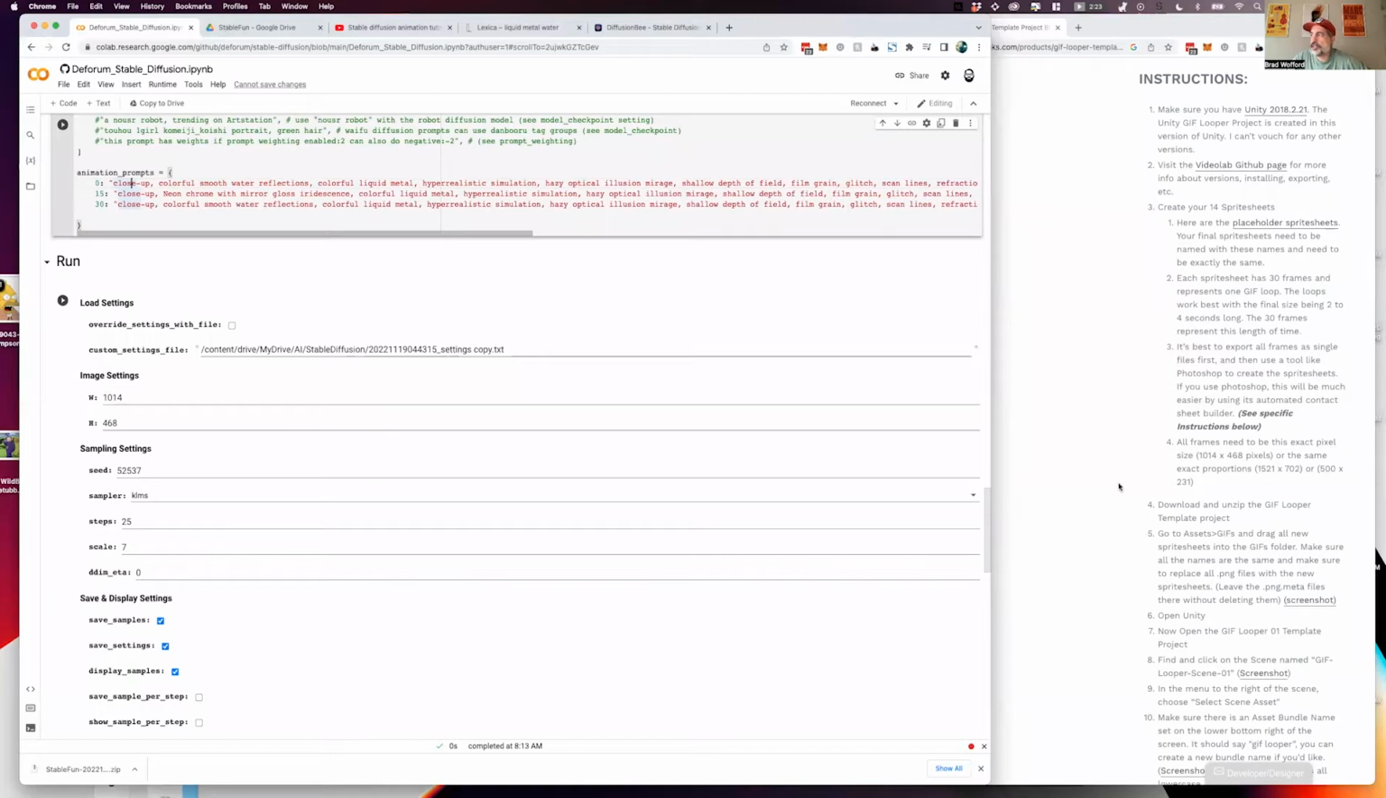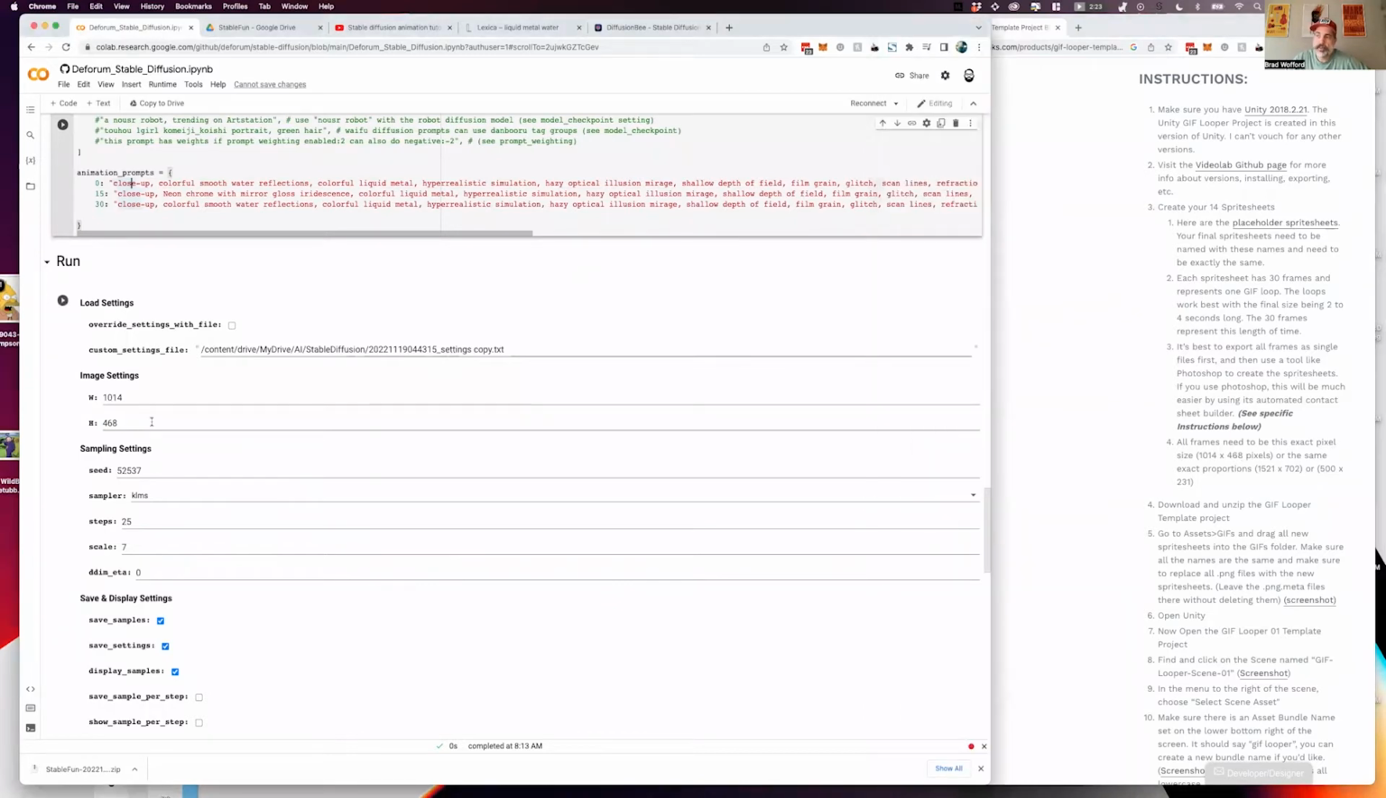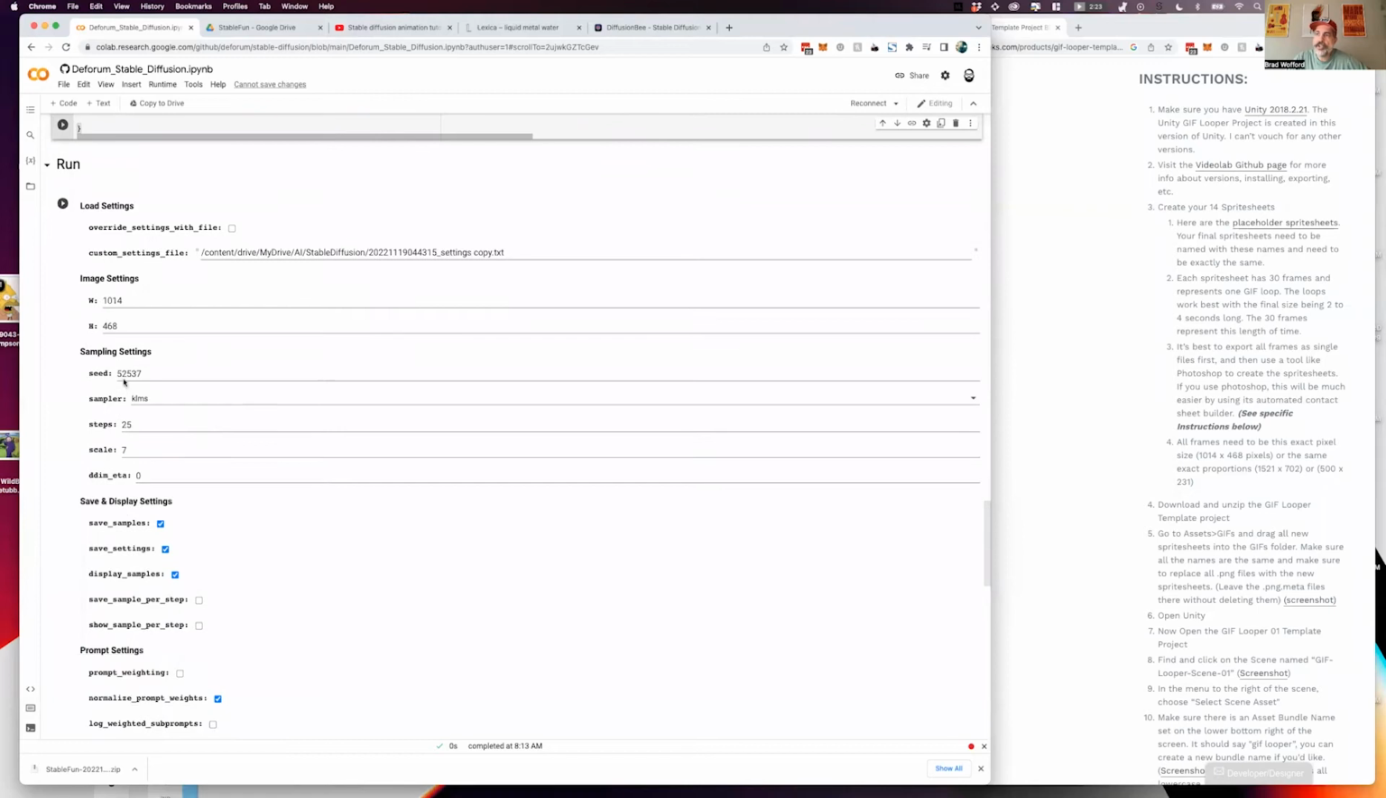Okay, so this is the image settings, and I'm pulling this from this GIF Looper over here. So 1014 by 468. That's what I've got right here. So that's the exact image dimensions that you need to build the sprite sheets for the GIF Looper. This seed is something that I pulled out of that initial Stable Diffusion thing. And so,